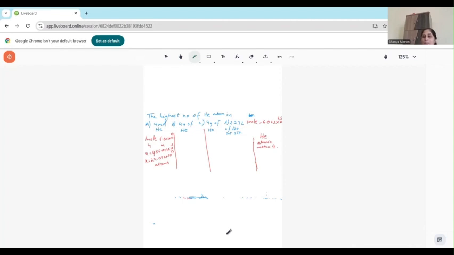Now, students, whenever I have molecular mass, if it is given in grams,